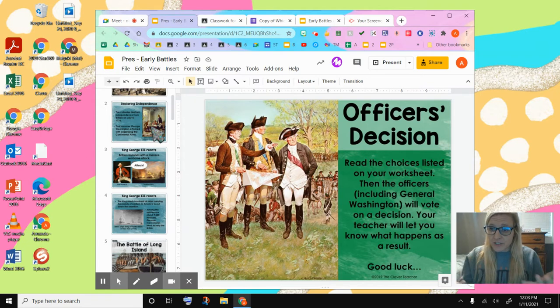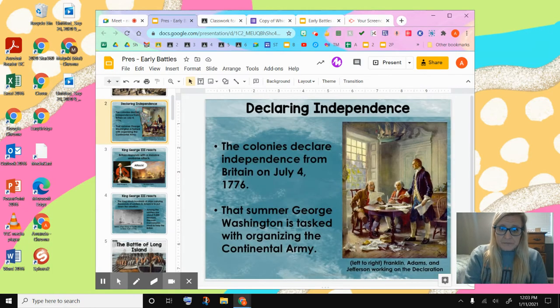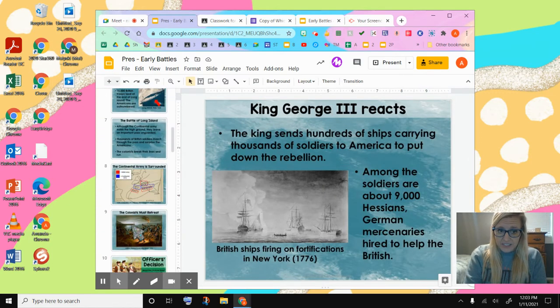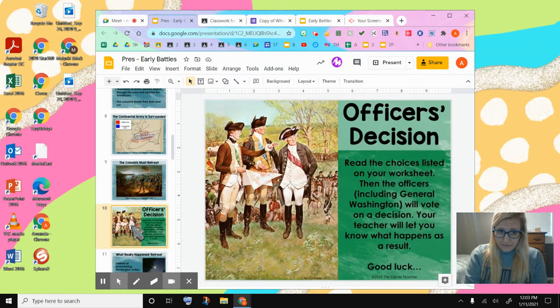You're going to be making decisions at different parts of the presentation. So you'll have one decision to make, at least today, it'll just be one decision. But they happen at different times. So as I'm going through this presentation, I'll go through the slides, I'll talk like I normally do, and then it's going to get to the decision slide where I'm going to stop and say, all right, officers, here now you're going to be presented with an issue,